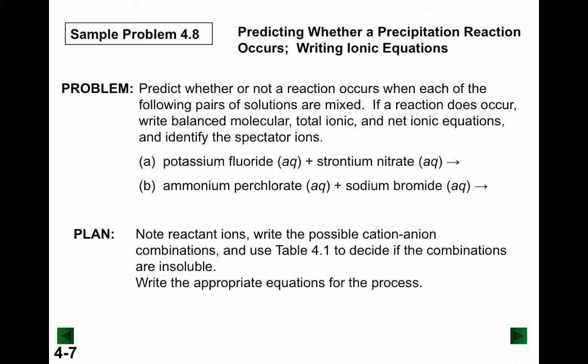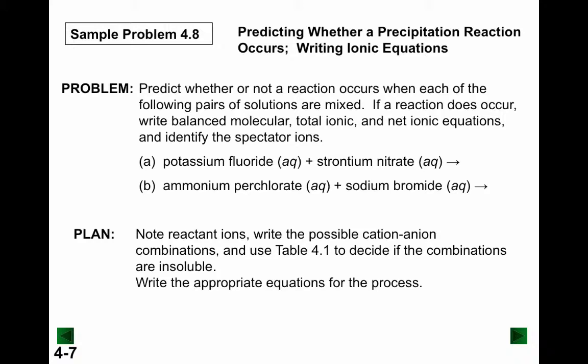If we have determined that a precipitation reaction has in fact taken place, then we are asked to write a molecular, total ionic, and net ionic equation and to identify the spectator ions. Our strategy is pretty straightforward here. We need to convert the names of the reactants to chemical formulas. We are looking to see if a precipitation reaction has taken place, so we know we are dealing with a